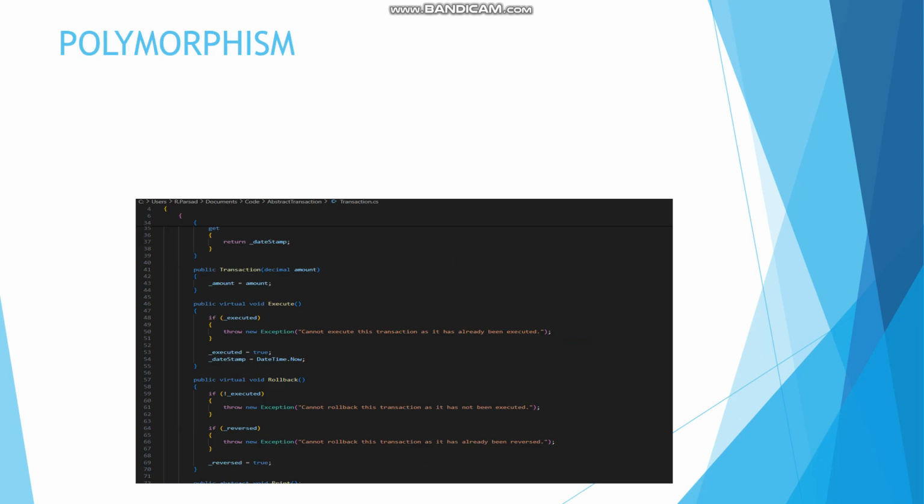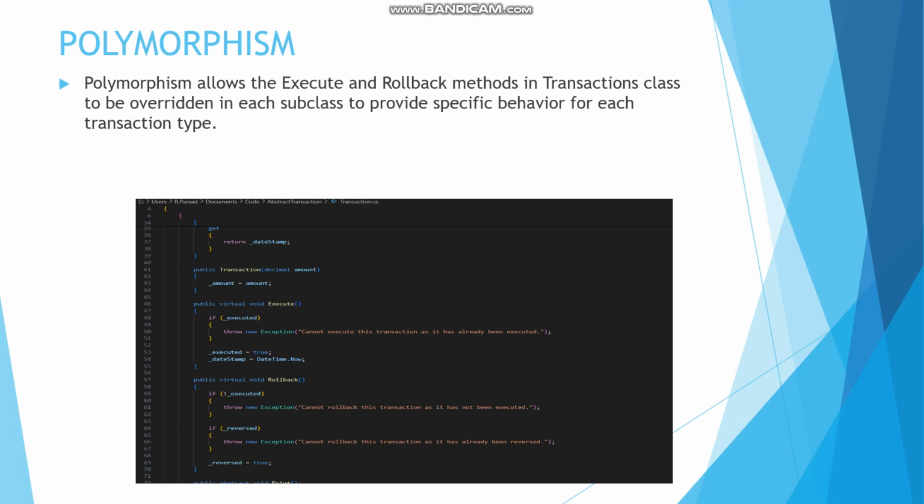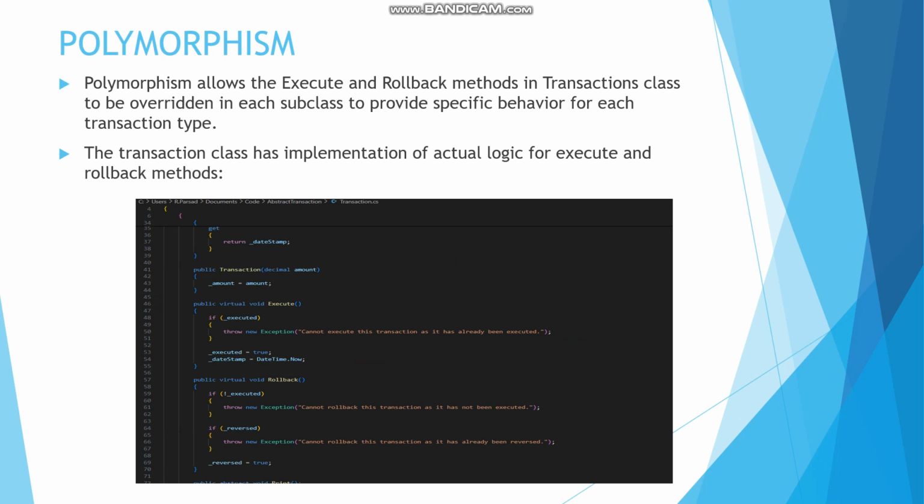Moving on to another topic, we have polymorphism. Polymorphism allows objects of different classes to be treated as an object of a common superclass. The function process transaction demonstrates polymorphism by accepting any object that is an instance of transaction or its subclass. It calls the process method on the transaction object, which behaves differently depending on whether the object is a deposit or